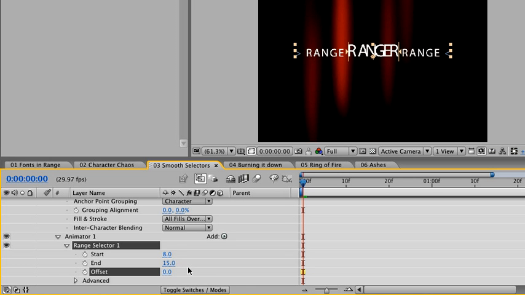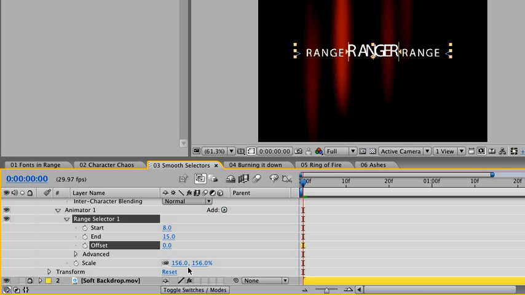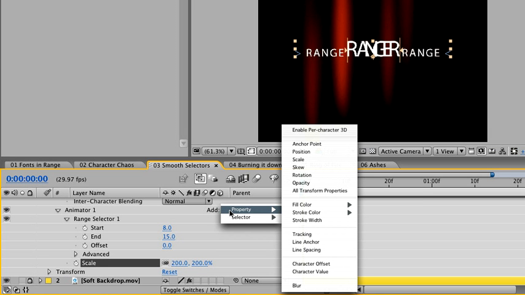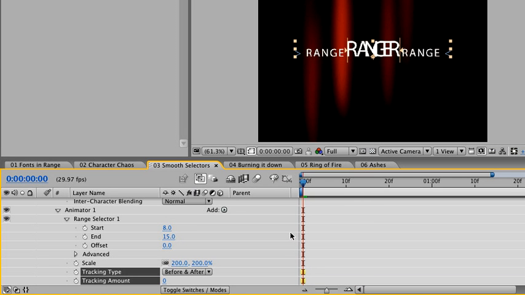Now, if we change the scale from 156% to something greater, say 200%, you can see that the characters start to overlap one another. In order to give them a little more space, we can add a tracking value to this selector. By adding it to the selector, whenever the scale grows to this value, the tracking value will help to space out those characters. So here, under the Add Parameter menu, we'll select a property, and from the property, we'll select Tracking. Next, under the tracking amount, we can simply click and drag to change the value so that the characters no